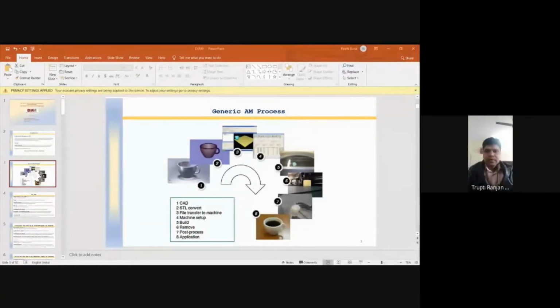Around 30 years of teaching experience and almost 20 years of research in the domain of robotics, flexible manufacturing, additive manufacturing, non-conventional machining, etc.